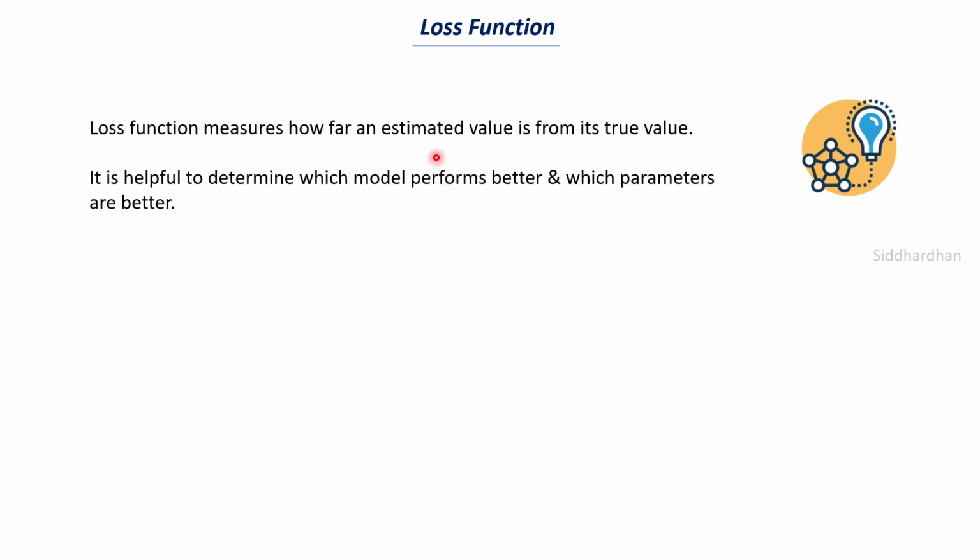So it is basically used in order to find the difference between the estimated value and the true value, and its importance is that it is used to find which parameters are the best, or which parameters are the optimum for our particular problem. Okay, so this is the general loss function that we deal with. This is called a squared error loss. Loss is equal to 1 by n summation of (yi minus yi cap) squared. Here yi cap is the value predicted by your model, and yi is the true value. You can also call yi cap the predicted value, and yi is the true value. So this is called a squared error loss, and we have used this kind of loss in linear regression problems.